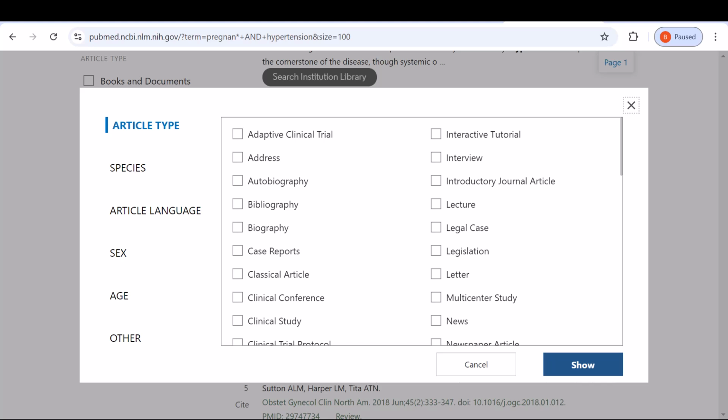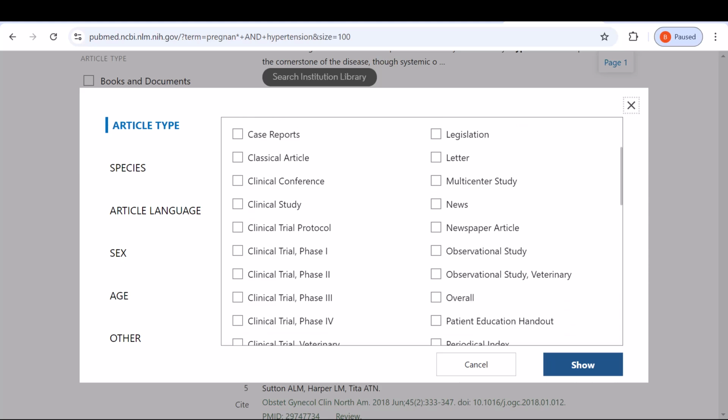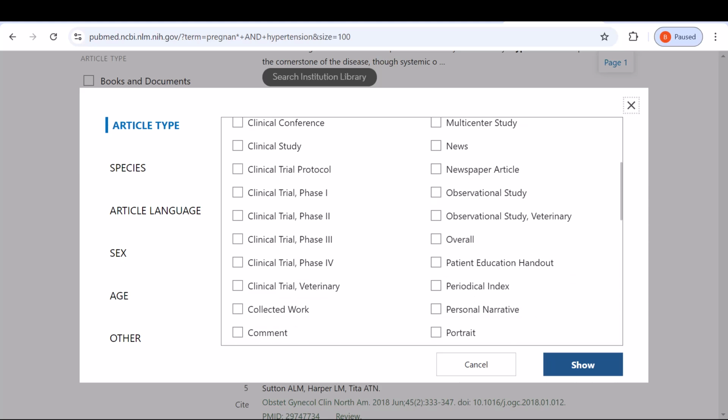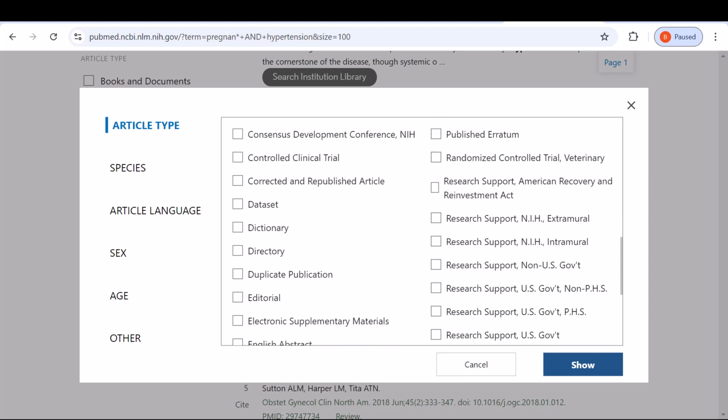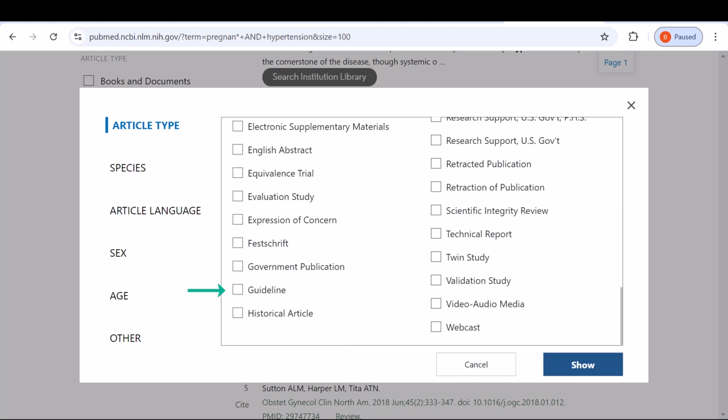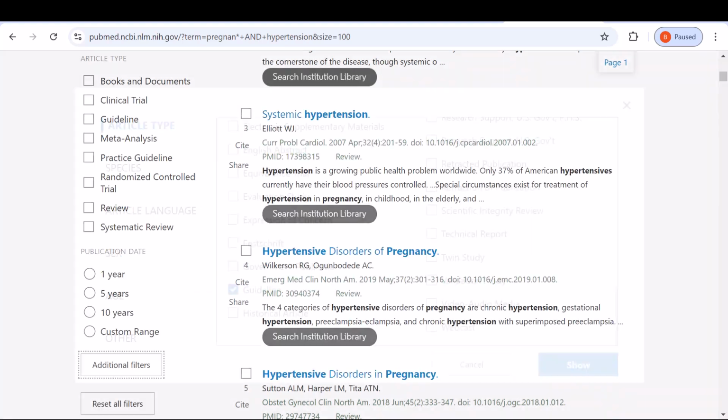So I'm going to click that, and already it defaults to article type. And so I'm going to scroll until I see guidelines, and there are two versions of it. There is practice guideline, which comes up first on the right, and if I keep scrolling, there is guideline here at the bottom on the left. And then I'm going to click show,